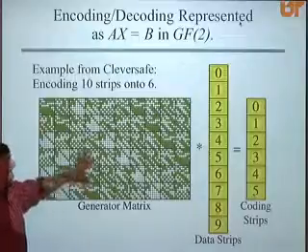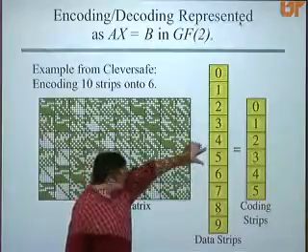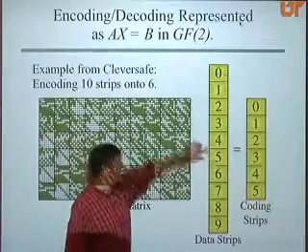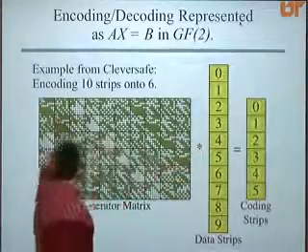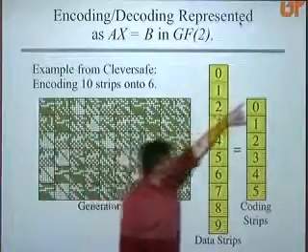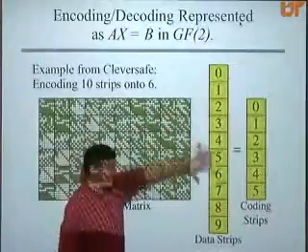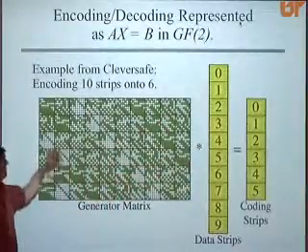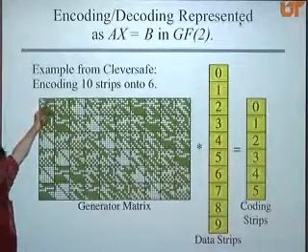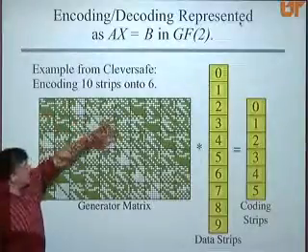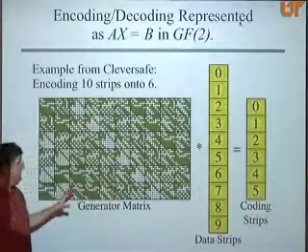described by a binary matrix vector product, where your data strips, or all of your strips, are decomposed into smaller chunks, which sometimes are called packets. But these are treated like single bits in the system. And then you apply a matrix to it. So for example, the first coding bit is going to equal the dot product of the top row of the matrix and the data strips. And since these are all 0s and 1s, what this turns into is a sequence of XOR operations, where every green bit identifies a data strip that needs to be XORed to make that coding strip. Okay? It's the fundamental operation.